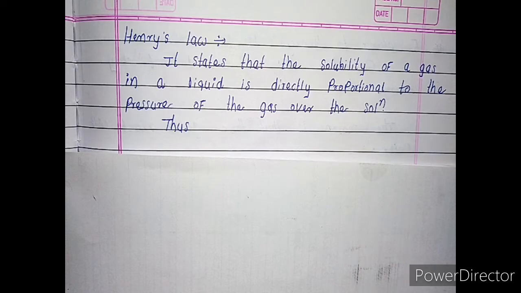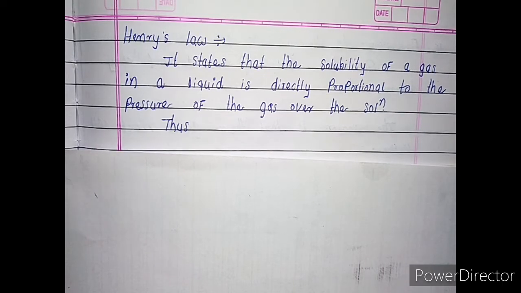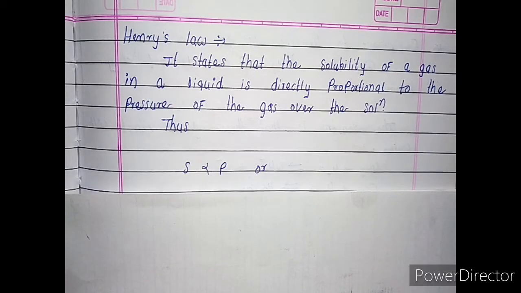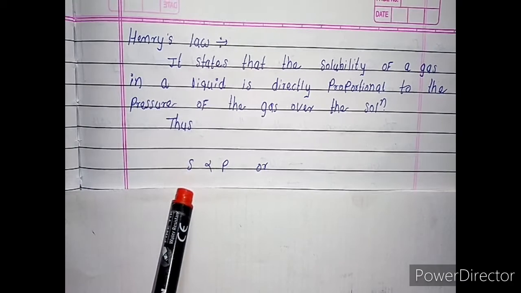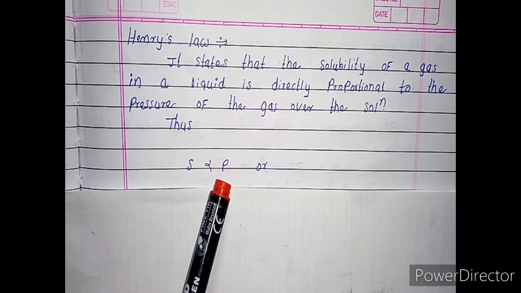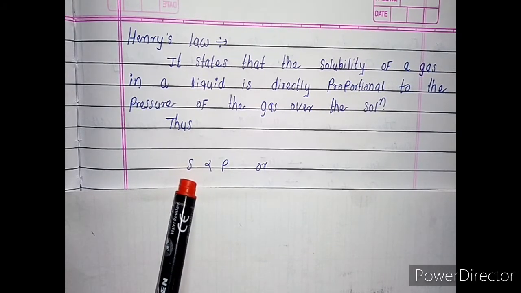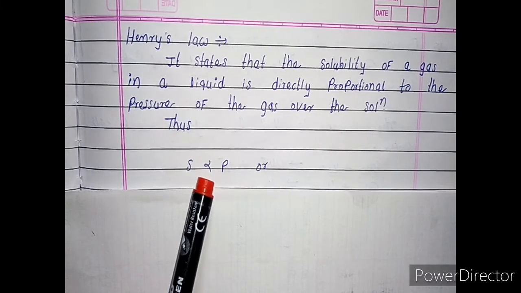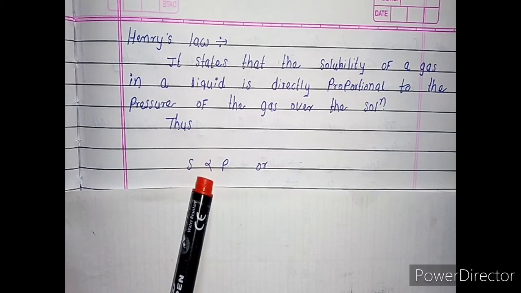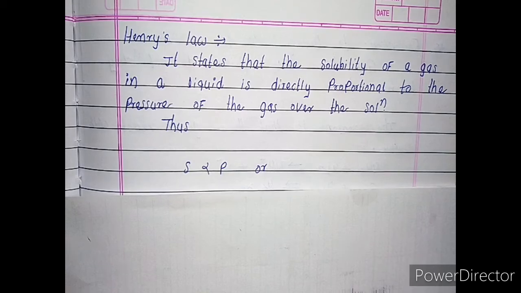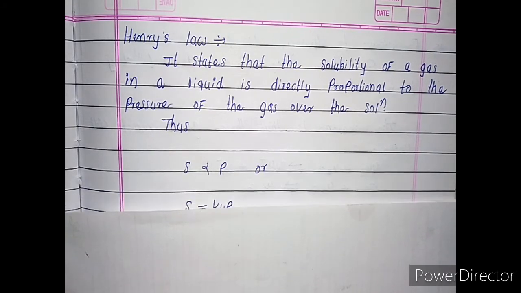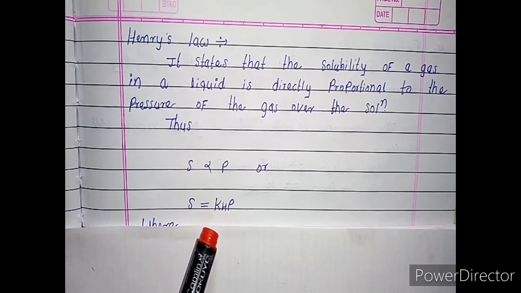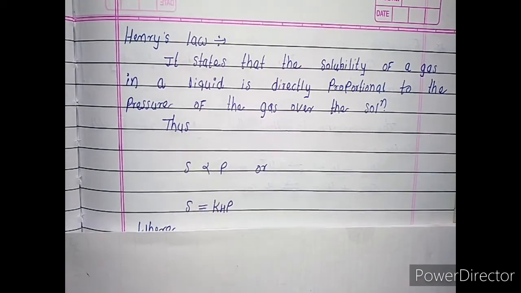If you try to describe it mathematically, one can express it like this: S is directly proportional to P. So solubility is directly proportional to the pressure. To remove this proportionality sign, we get a constant of proportionality. What do we get? Solubility is equal to KH into P,